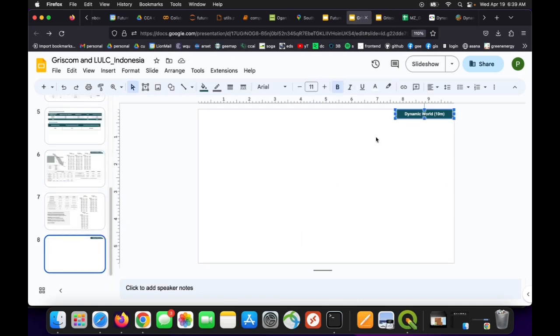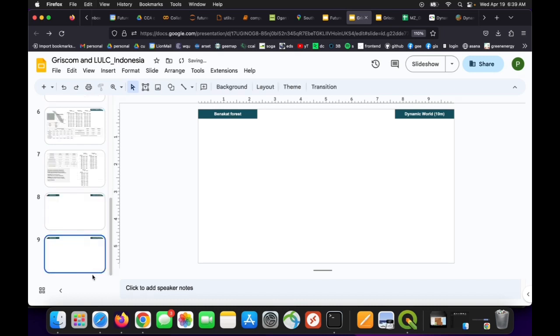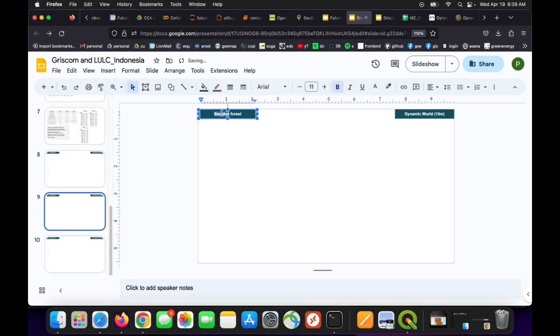Let's go in here and do the same for Indonesia. I'll call this the Benakat forest, and I will create a similar slide for the other two forests, Subanjariji forest and